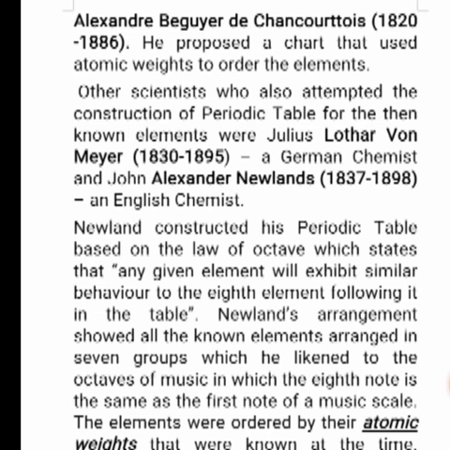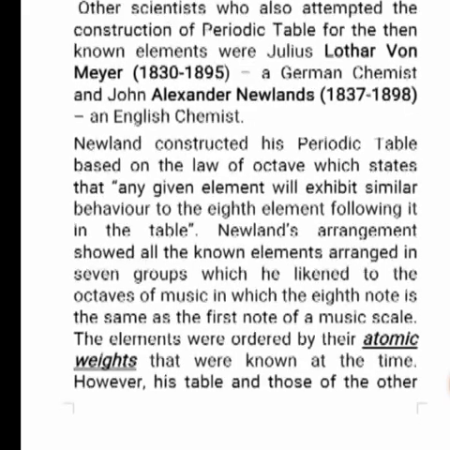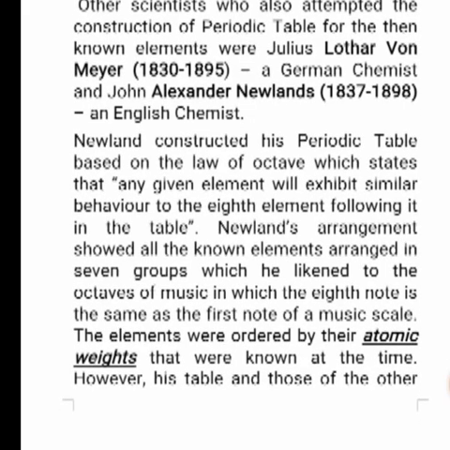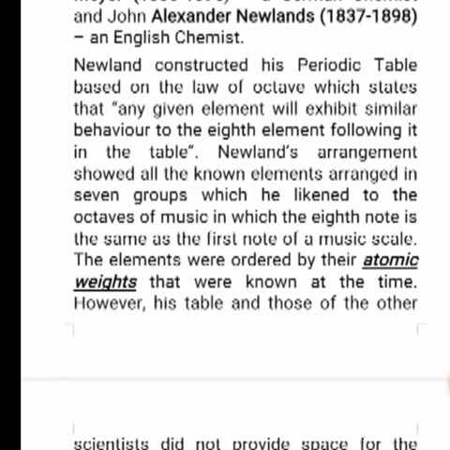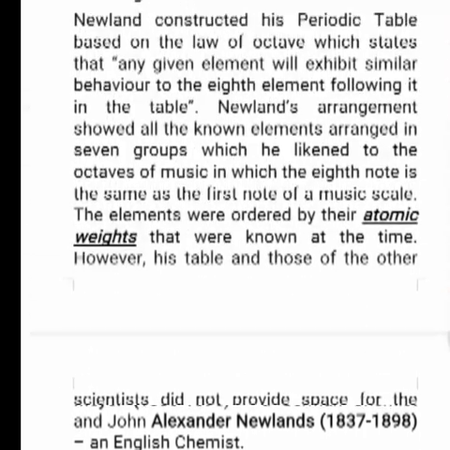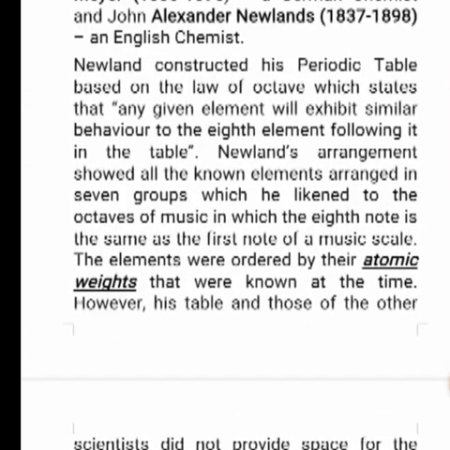Other scientists who also attempted the construction of a periodic table for the then known elements were Julius Lothar Meyer, who lived between 1830 and 1895, a German chemist, and John Alexander Newlands, who lived between 1837 and 1898, an English chemist. Newlands constructed his periodic table based on the law of octaves,